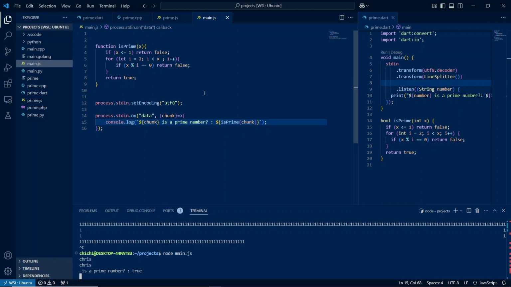Now I do know in JavaScript, if you're comparing a number with a string, I believe the number will be converted to a string and then the comparison will take place. So the comparison will take place here. I is 2 and then we check is 2 less than Chris, but since Chris is a string, 2 will be converted to a string and then we'll begin our comparison. So in this case, 2 is a string, and therefore we are going to check 2 and C,